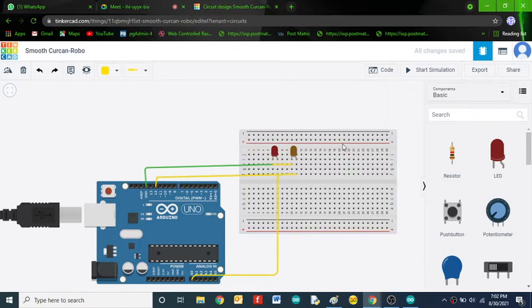Now if you are controlling two LEDs, we'll form a combination. If you are using more than one LED, we have combinations like series blinking and parallel blinking, right? What is meant by series blinking and parallel blinking, or series connection and parallel connection? You guys know about series and parallel, right? What is the difference between series blinking and parallel blinking?